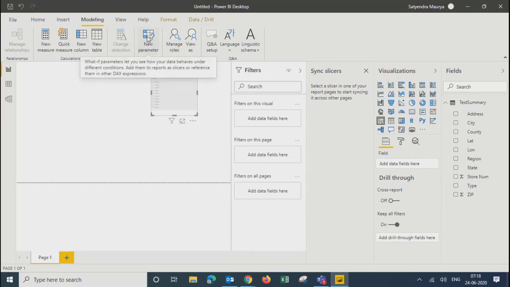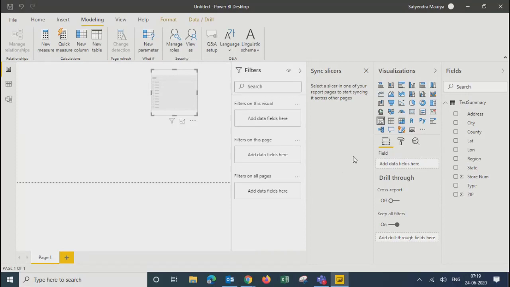When I say only for developers, it means this will only be available in the Power BI desktop environment. As soon as you publish this into the web environment, these parameters will not be available for end users, right? So for end users, whatever you're doing with a parameter is a kind of hard coded thing. The data will be restricted for them. They cannot do anything with a parameter. It's only the developer who will do it, right?